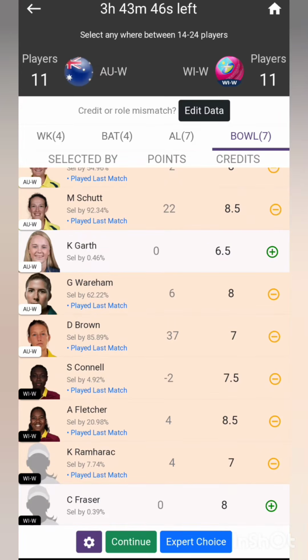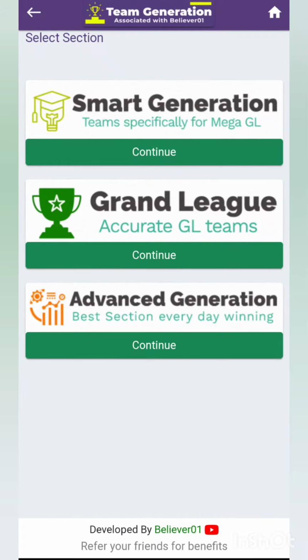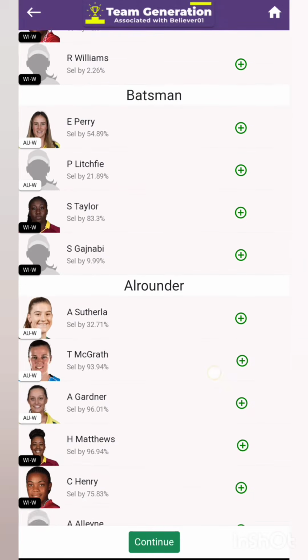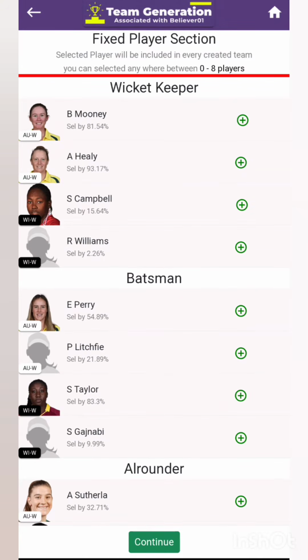I will click on continue, and I suggest you select the advanced generation section. In this section you can see the fixed player section. So what is the difference between the fixed player section and the role frequency section? For example, in the wicket keeper section we have 2 wicket keepers from Australia. If I fix Beth Mooney, then every team will have Beth Mooney.